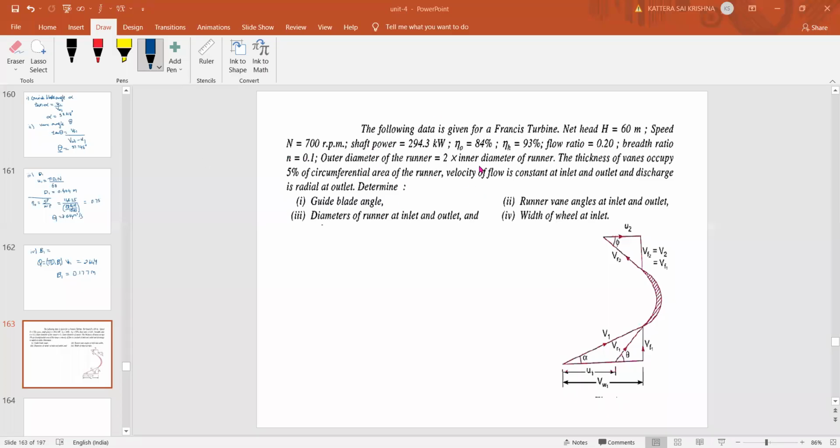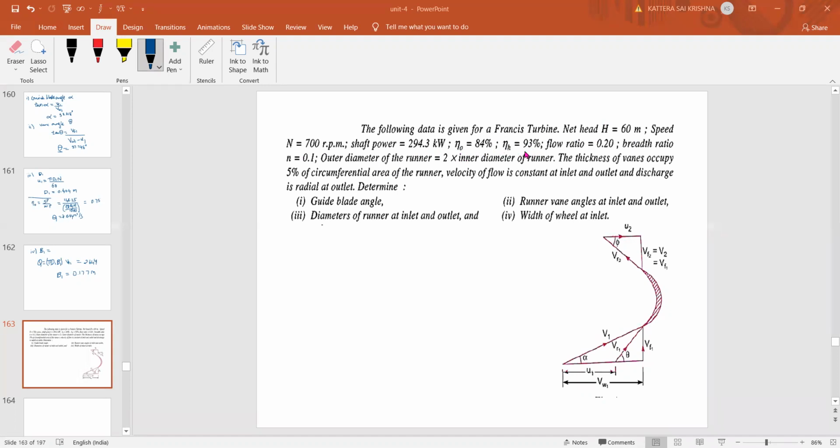Right. So this is our second question in the Francis turbine. The following data is given for a Francis turbine. Net head H equal to 60 meter, speed N equal to 700 rpm, and the shaft power 294.3 kilowatt, overall efficiency 84%,